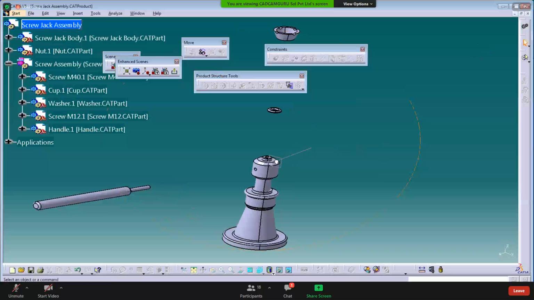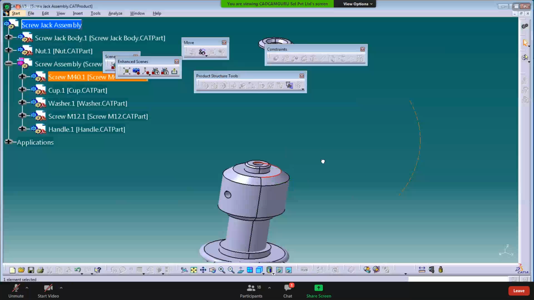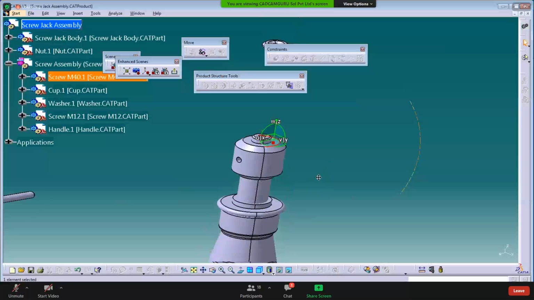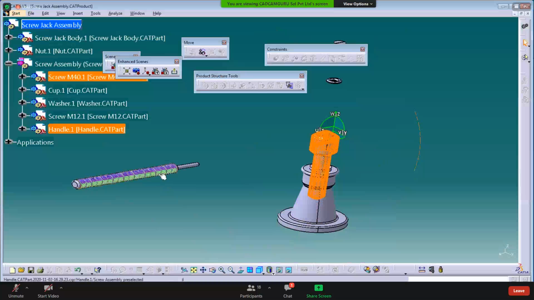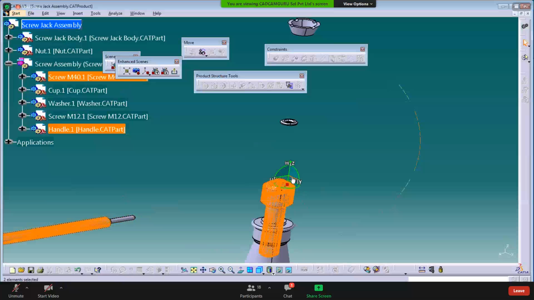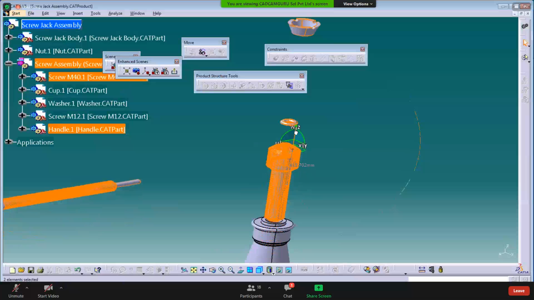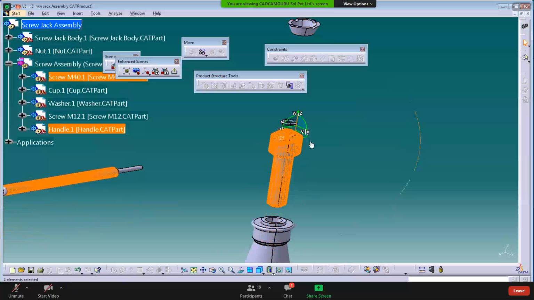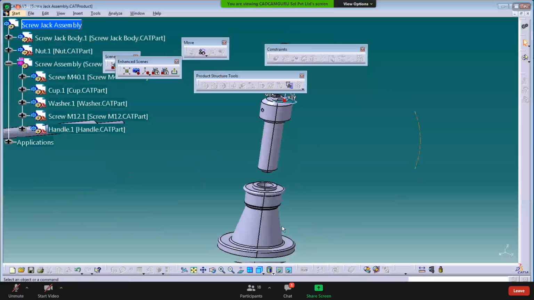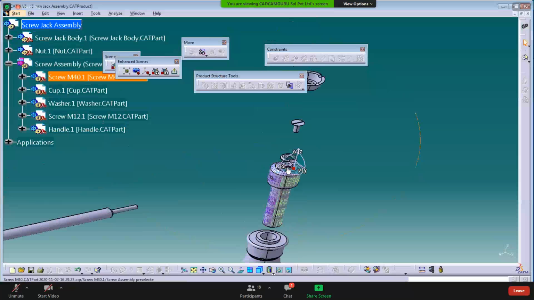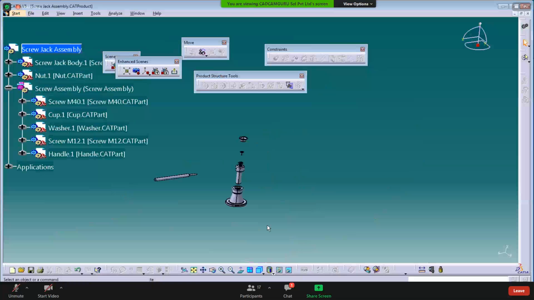Select on this part. If you get a flat face, it is better to align this particular compass. Select this part. Both parts now at a time you have to explode. Just press Control key and select both parts, and then move it along Z direction. Release here. So this is my explosion. This is user defined explosion. Make it isometric view